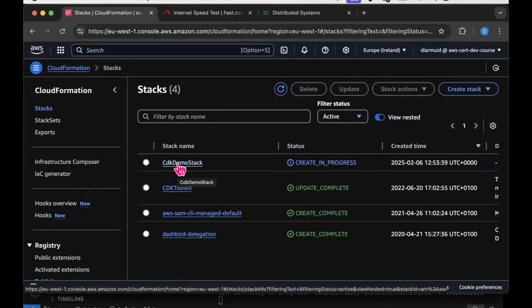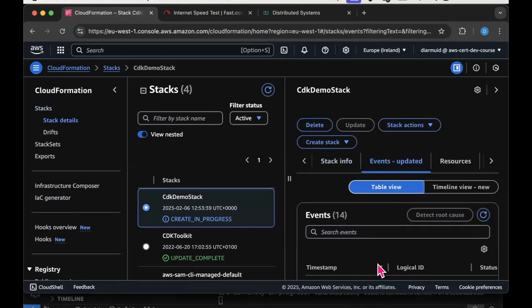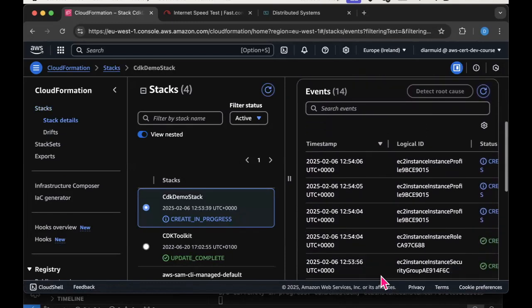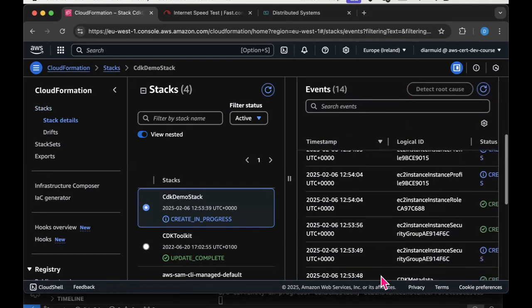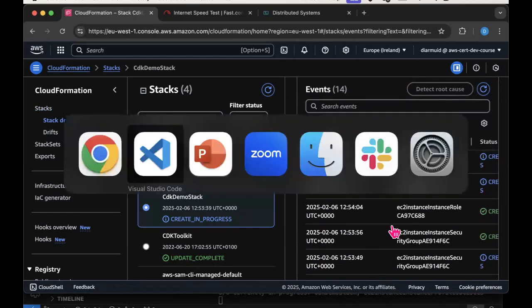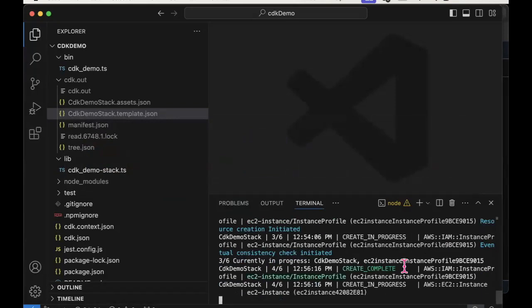If we go into the stack and into the events, you can see what's happening at the CloudFormation level. It's talking to the various services. Essentially, what I'm showing you here is mirrored by what I'm showing you here, because the CloudFormation service is keeping my terminal updated with what it's doing for me.